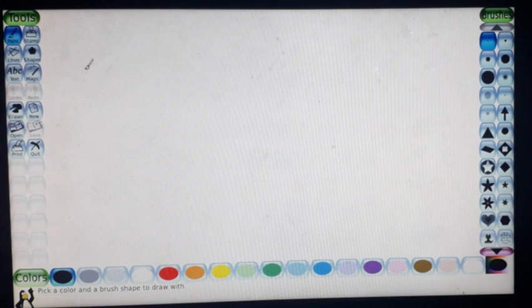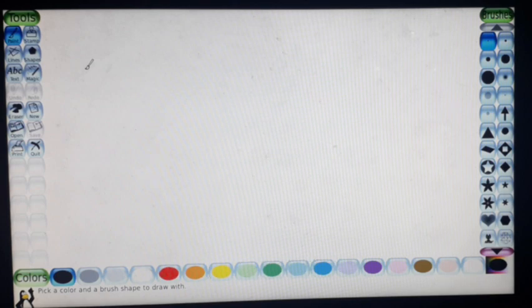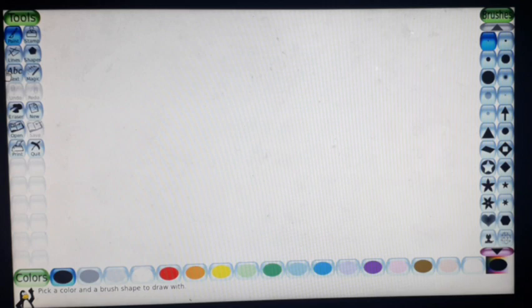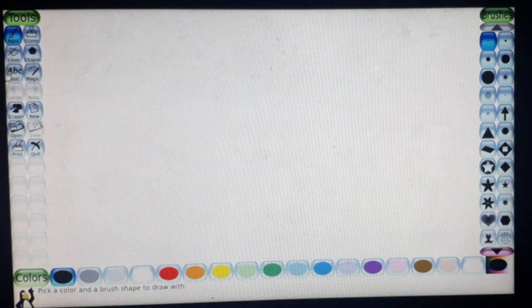There are 4 main areas in the Tux Paint application. First one is tools. The tools are on the left side of the window. They contain various tools needed to draw. Then the drawing canvas. The white blank space at the center is called the drawing canvas.